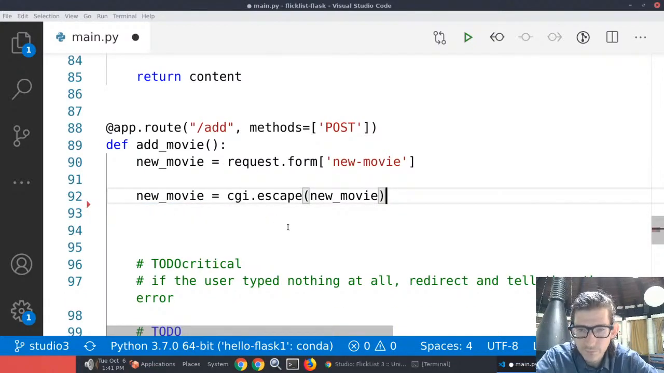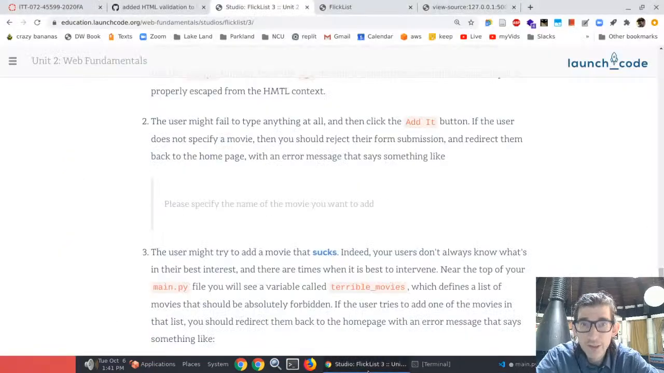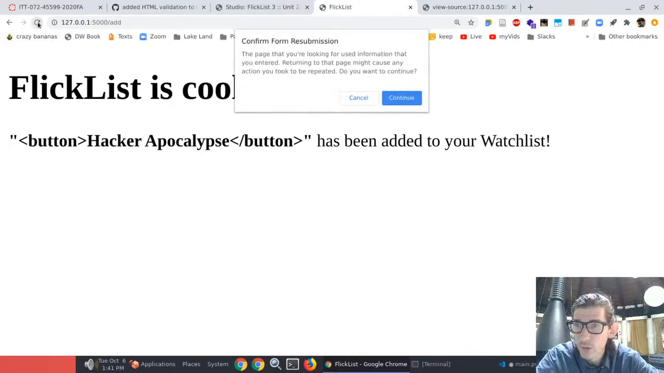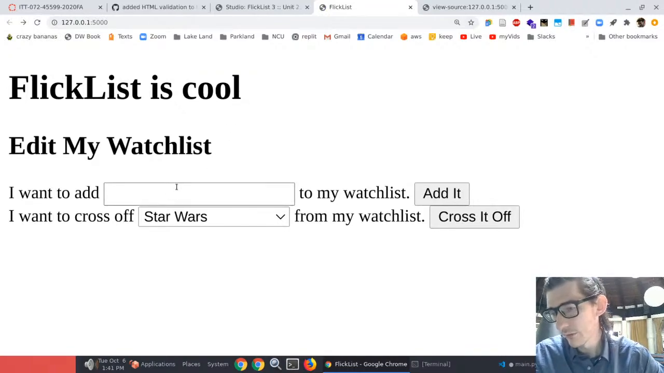All right. Next, so if the user typed nothing at all, redirect and tell them the error. All right, and I think we built a way to check errors into this before, for crossing off movies that don't exist. Let's see if they carried that forward or not. So I'm going to refresh the home page so I get the latest version provided by the server. And then